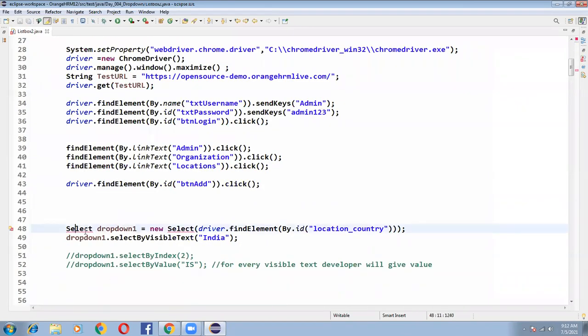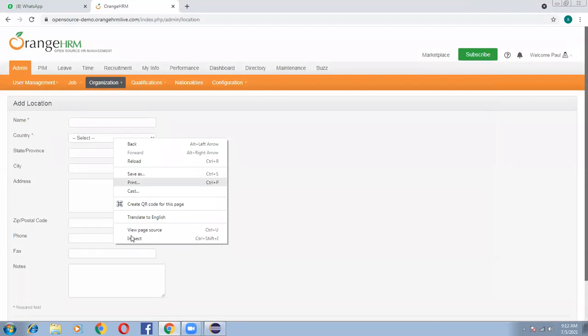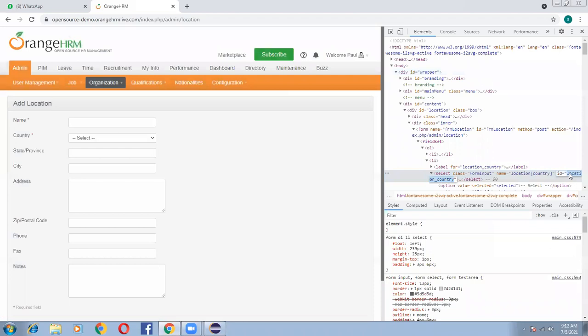See, Select dropDown1 is equal to new Select of driver.findElement(By.id("location_country")). Now let's go here. What is the id that has been given for this one? Location underscore country.